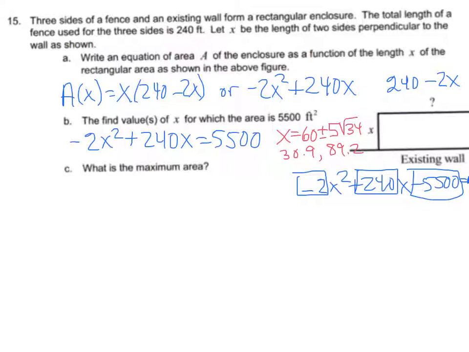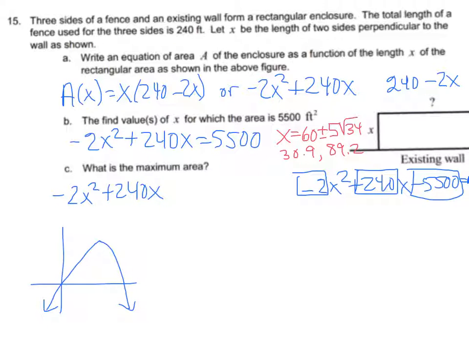For the maximum, again, going back to this negative 2x squared plus 240x, this is a parabola. So graphically, if you think about it, it looks something like this. It takes on an area of 0 if x is 0 and then gets bigger and then eventually gets smaller. You're really just being asked to find for what value of x the maximum occurs,